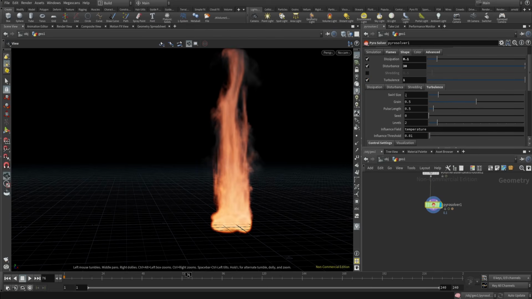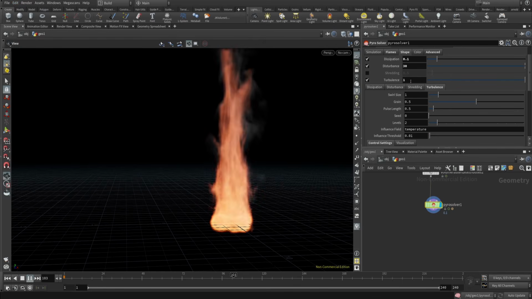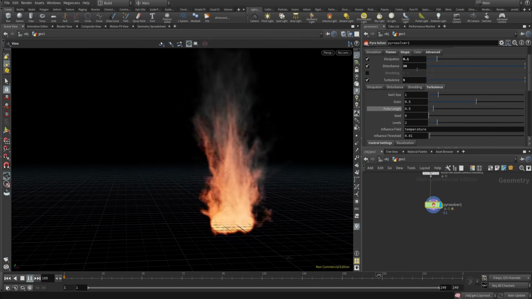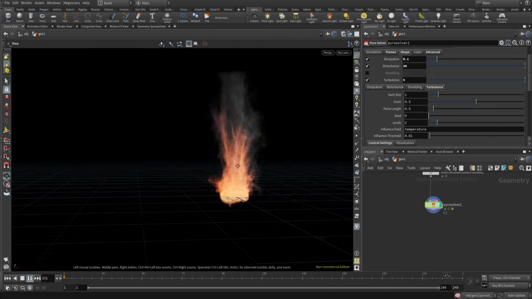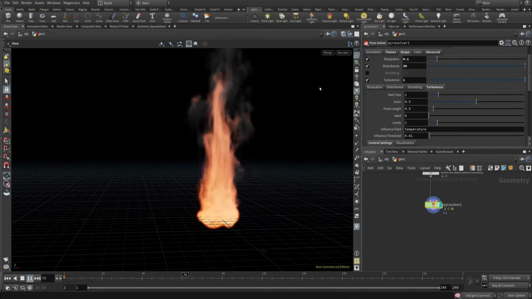If you want to change these parameters during the simulation to see how they are affecting your simulation, you can just turn on this option here, live parameter display, and after that, by changing these parameters, you can see the result in the viewport immediately. I think 1 should be fine,